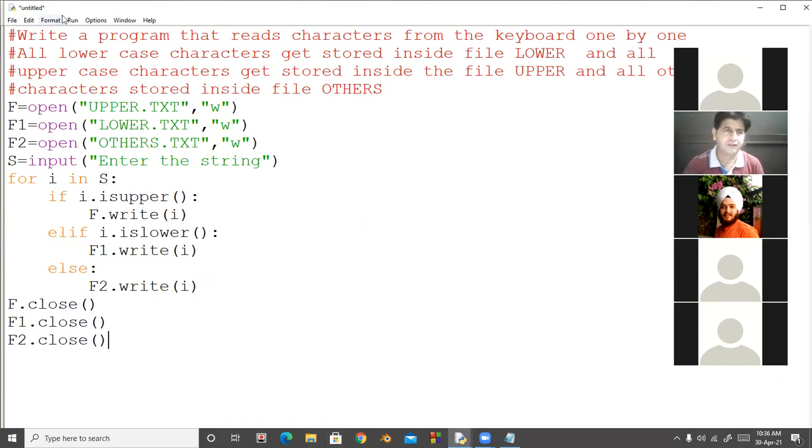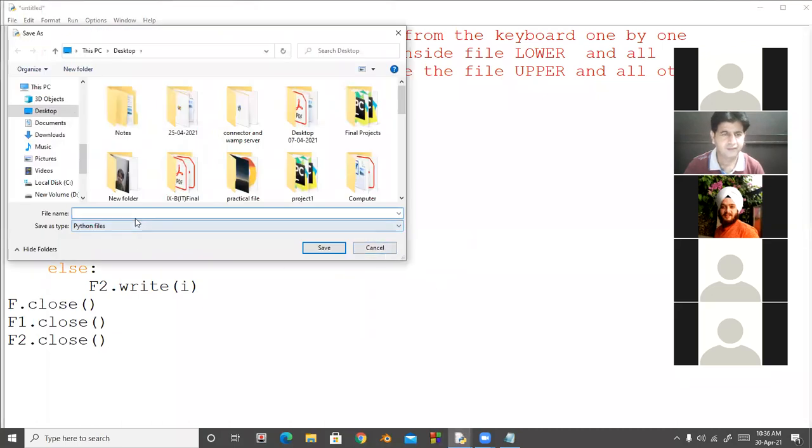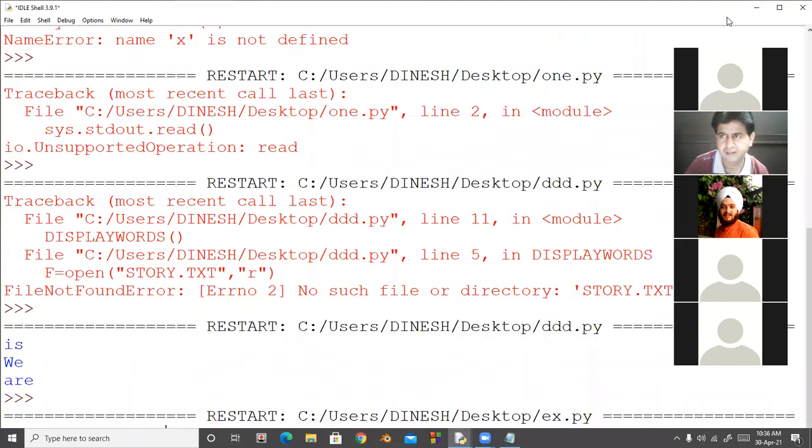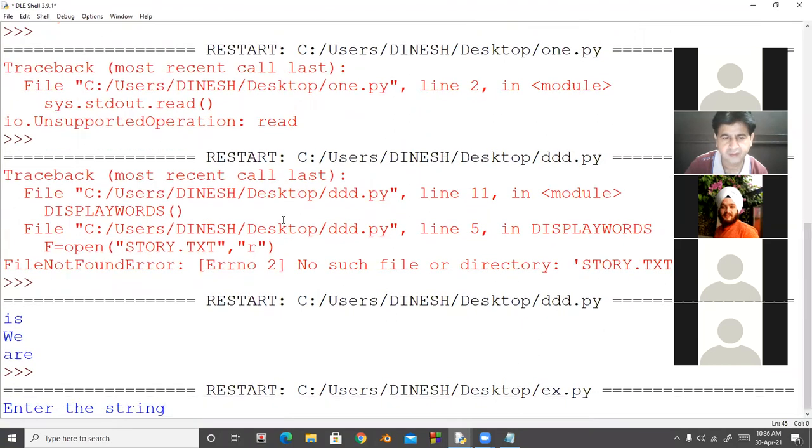So I am running this program. Enter the string.